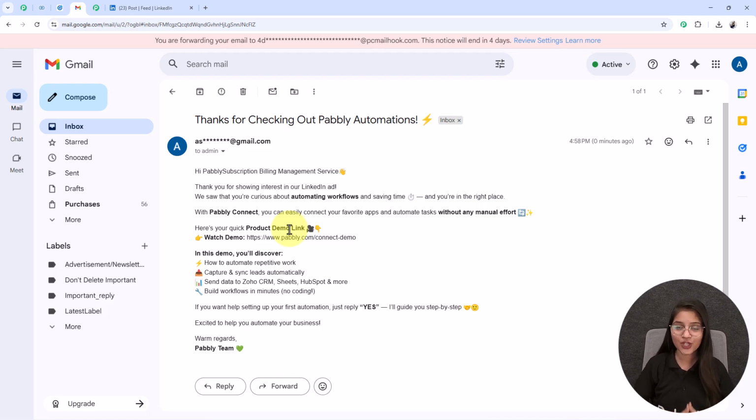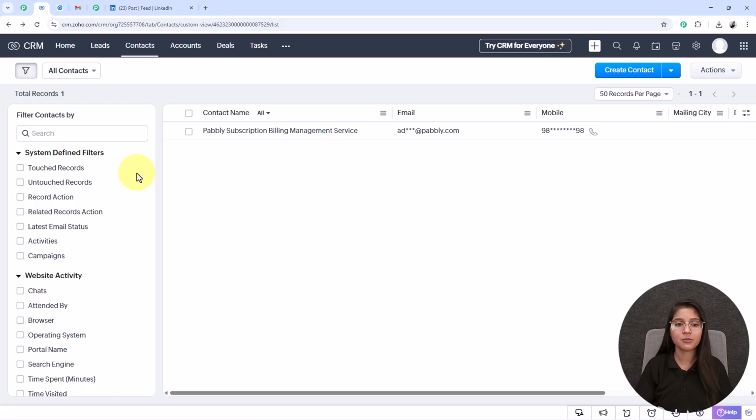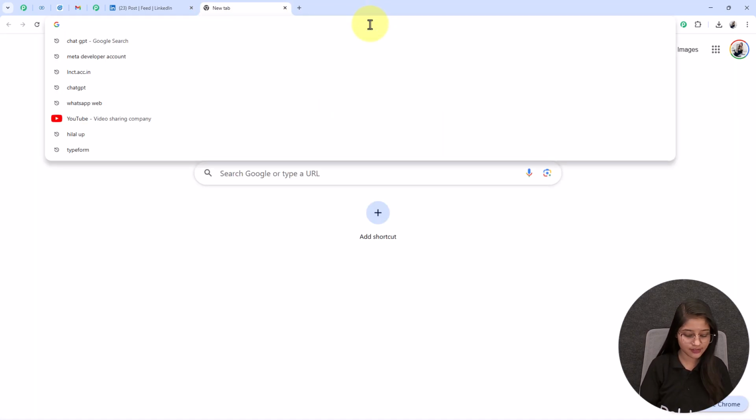So if you also want to create this automation, so that whenever any new application comes through your LinkedIn leads, then automatically one new contact will be created in your Zoho CRM and an instant product recommendation mail will be sent to each of your users' Gmail account, which includes their specific provided name, then you have to follow the step-by-step instructions that I am giving you in this video. So let's get started. At first you have to click on a new tab and search